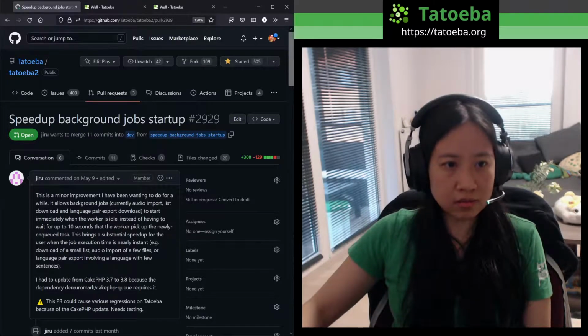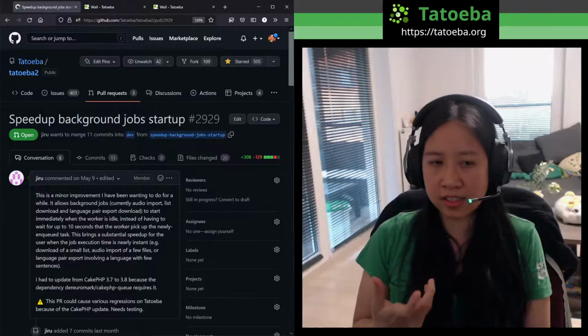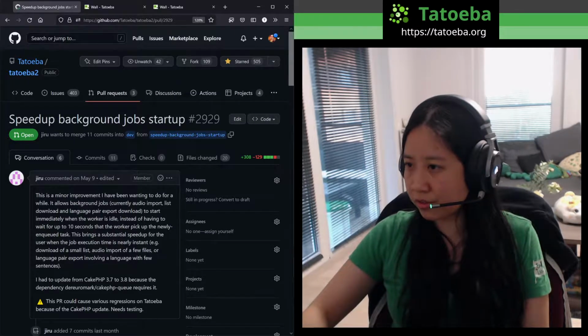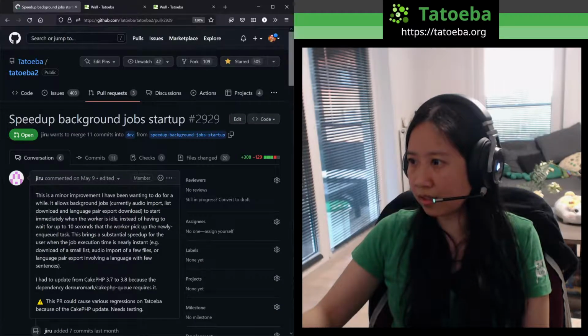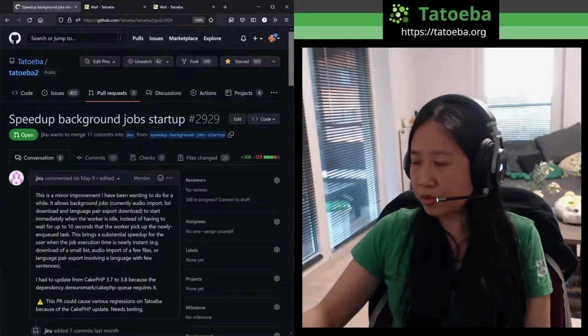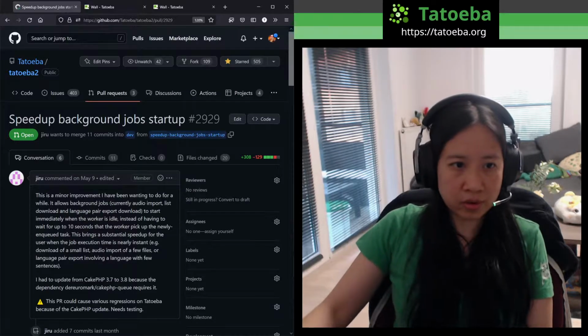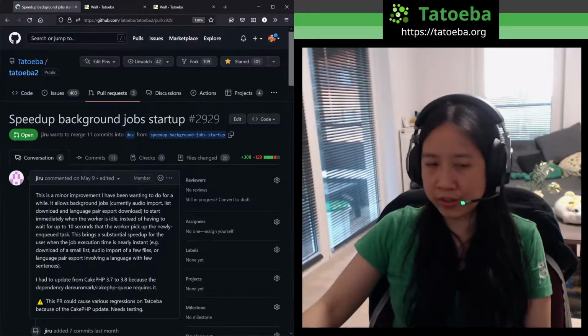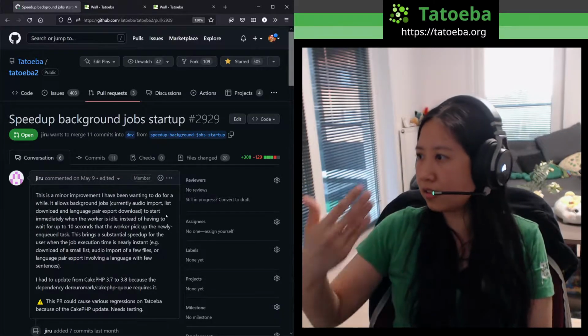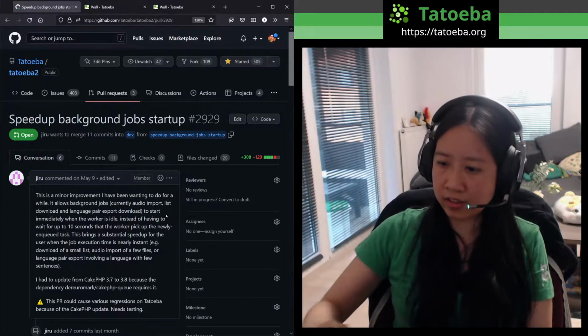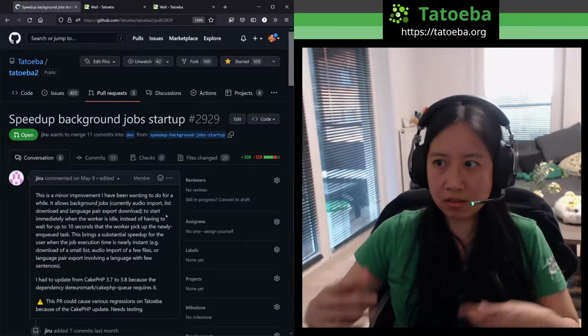But even if the task is very easy for the server, Tatoeba will make you wait up to 10 seconds before your data is generated, because there is only a check every 10 seconds to execute a task.